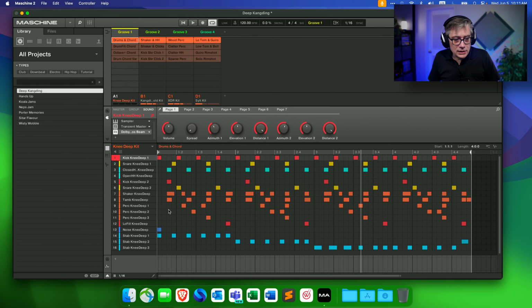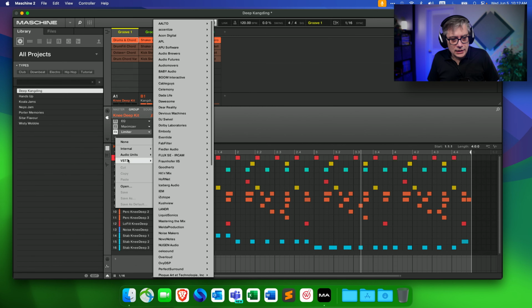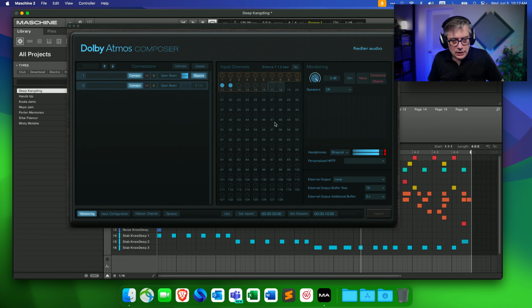So for the remaining sounds that we have in that group, let's just put the Dolby Atmos Beam plugin on the group itself. So what I'm going to do here is open up the group, and I'm going to add the Dolby Atmos Beam plugin here. And this one I'm actually going to leave as a composite. So if I'm opening the Dolby Atmos Composer now, I can see that I have the two channels coming in, or the 2 tracks coming in.